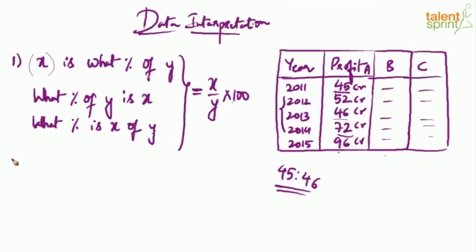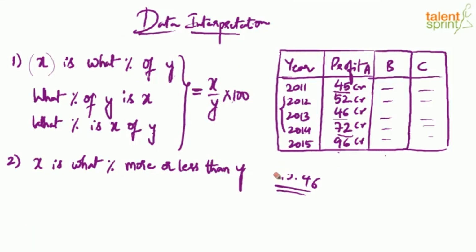Let's look at the other concept. Second concept here is X is what percent more or less than Y. So how do you answer this? X is what percent more or less than Y? We should take it as X minus Y by Y into 100. This again is very important, right? It is usually asked in